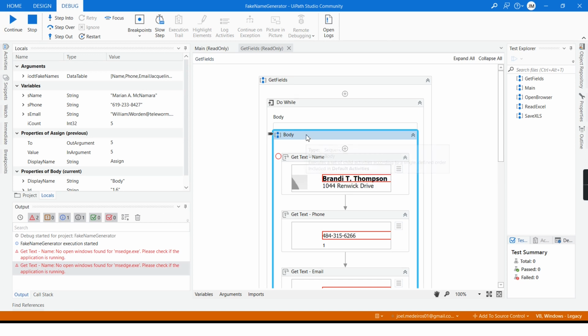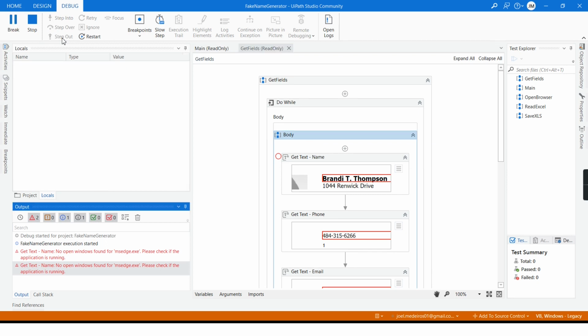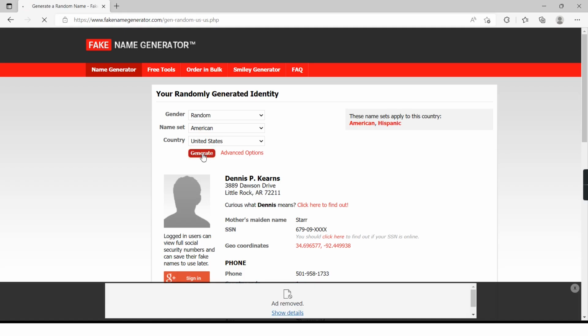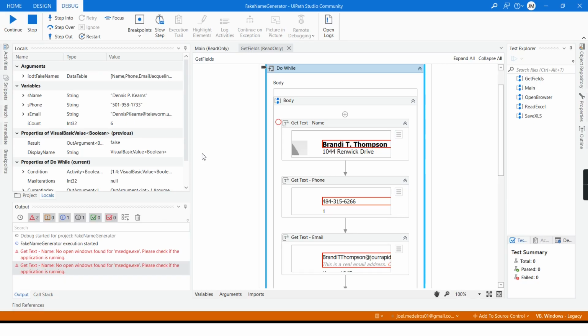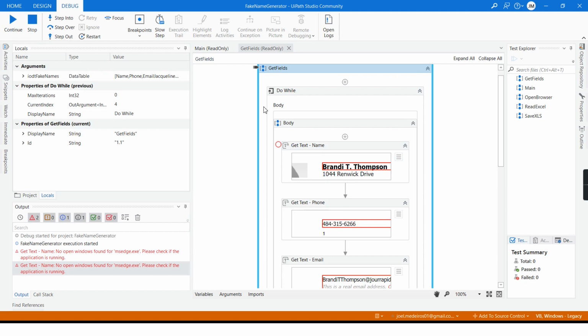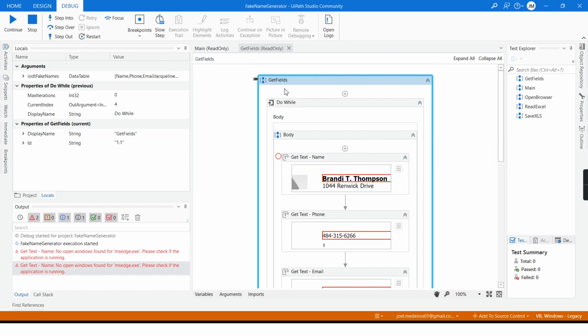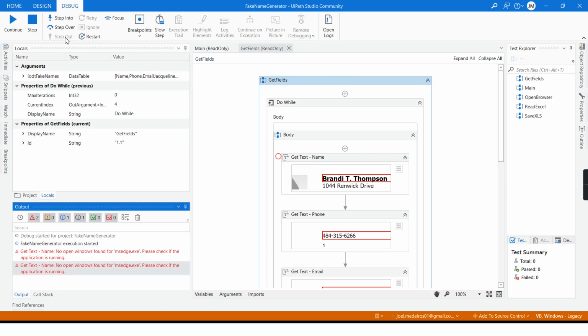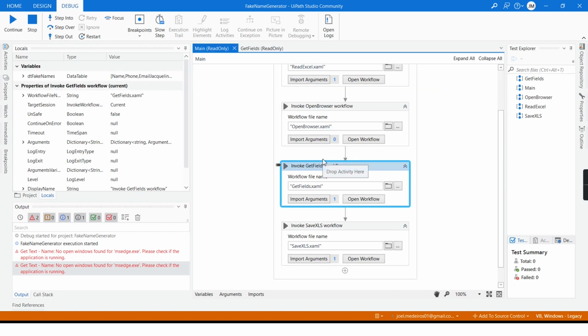In this case, it is the body of the do while. I will step out again. Now I am on the get fields sequence. I will step out again. Now I returned to the main workflow.